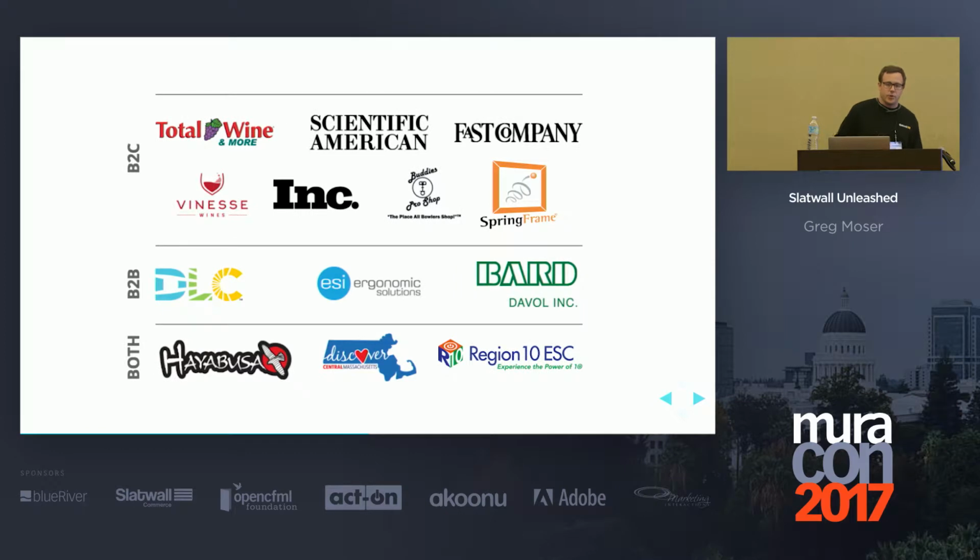So looking back at this grid here, we can actually break it up like this, right? The top are all B2C companies. These are all companies that we've rolled Slatwall out for in the past. They're all direct-to-consumer type products with limited B2B. The second section are all B2B, and the third are the both, right? So if we look at the B2C, what makes these complex? Well, the two on the left there are both wine